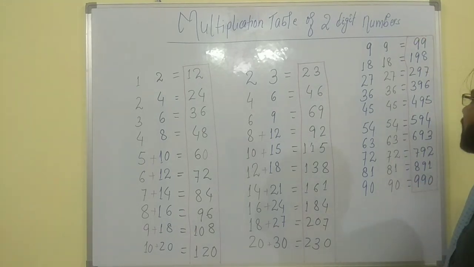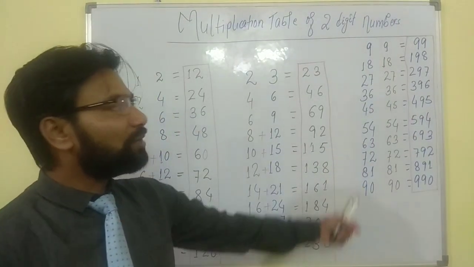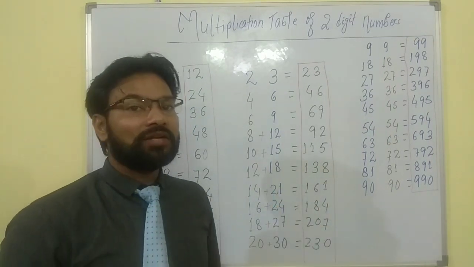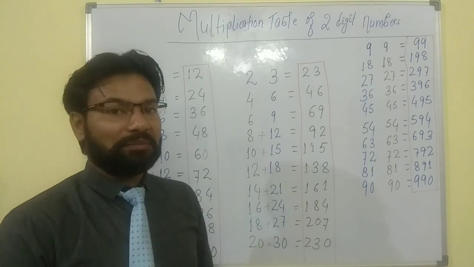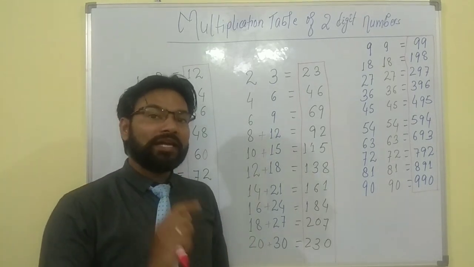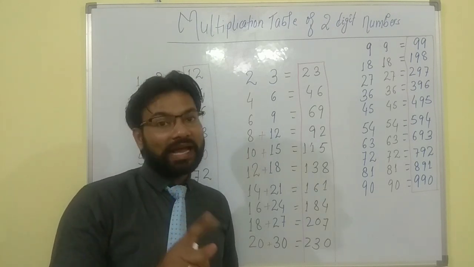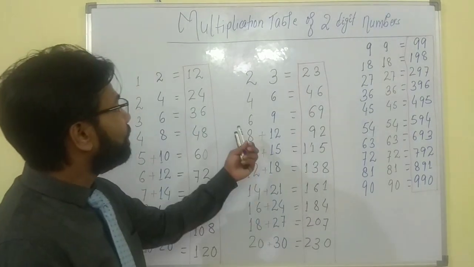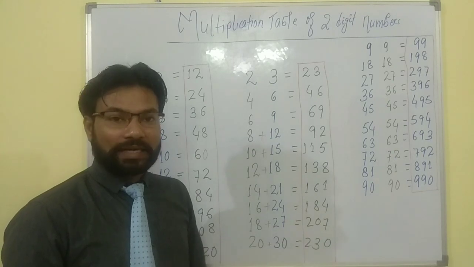If you know the table of 9, you can write the table of 99 very easily. And if you are able to write the table of 99, or for that matter any two-digit number, it's a lot easier for us to remember and learn the tables. And if we learn the tables, it will make our calculations a lot more accurate and fast, right? So here is the method to write the tables of two-digit numbers.